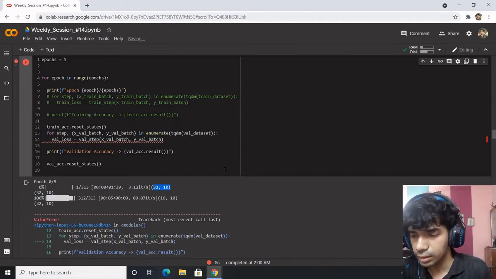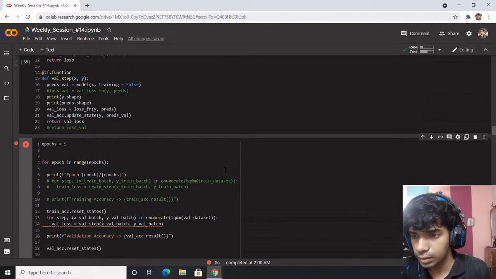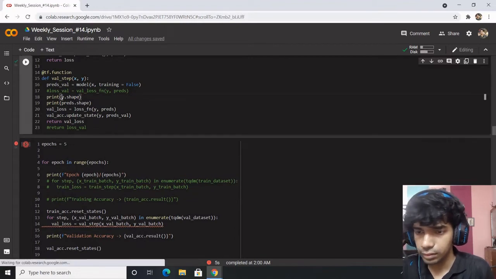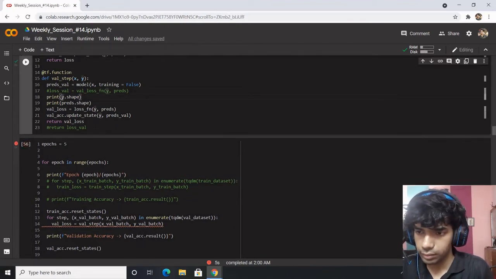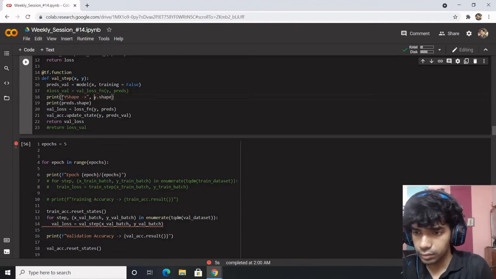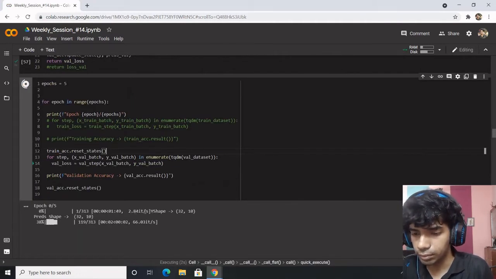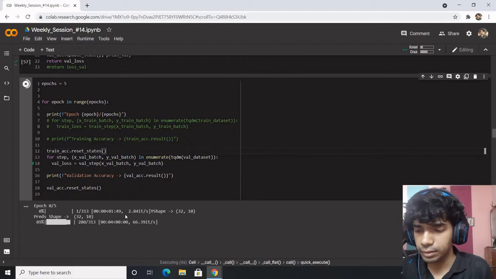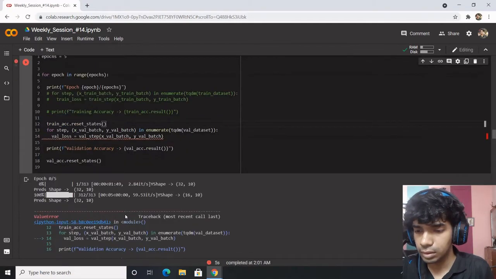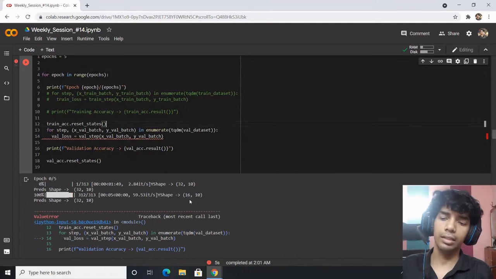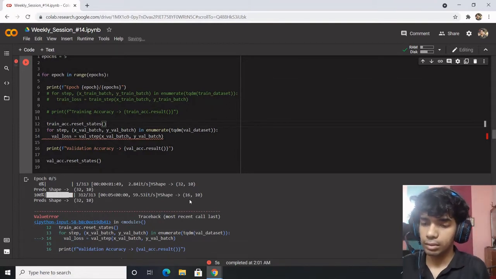What? This is strange, but let's devote some more time. Y shape, breadth shape, good enough. At the end of the epoch, Y shape becomes 16 comma 10.